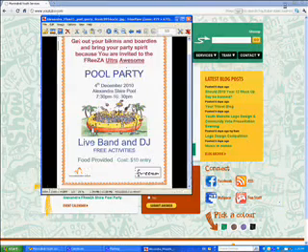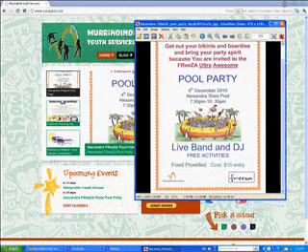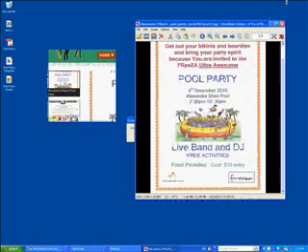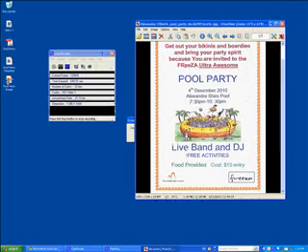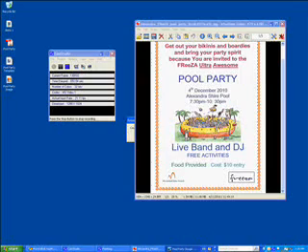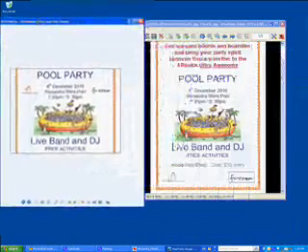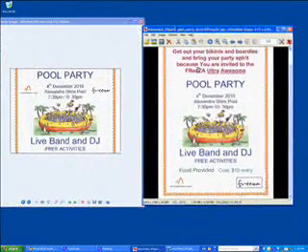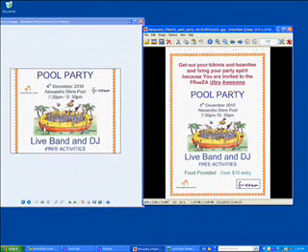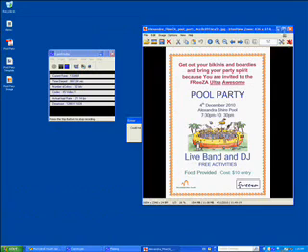Now we'll have a look at the two images side by side. This is our pool party image in an image viewer, and this is the original full-size vertically oriented image. You can see a little bit of compression around some of these things, but that's not too bad. Okay, the next step is we're now going to upload